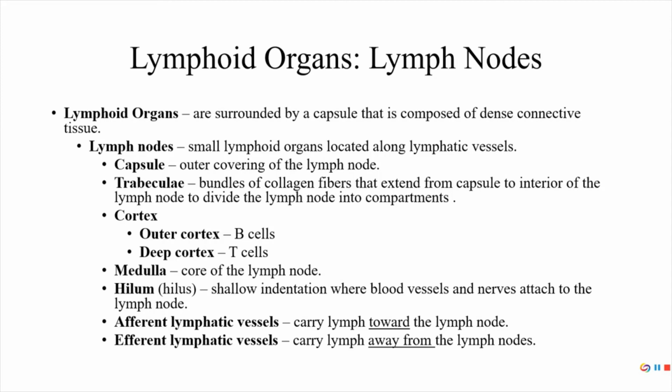They're all along lymphatic vessels, at least in certain areas. They cluster, like the neck, the armpit, the groin, around the gut, things like that. Now, their outer covering of connective tissue that has a lot of collagen in it is called the capsule. The capsule, the outer covering, will extend inward to form little compartments called the trabeculae. Trabeculae are the collagen bundles that come from the capsule inside, and we're going to see that it makes components,